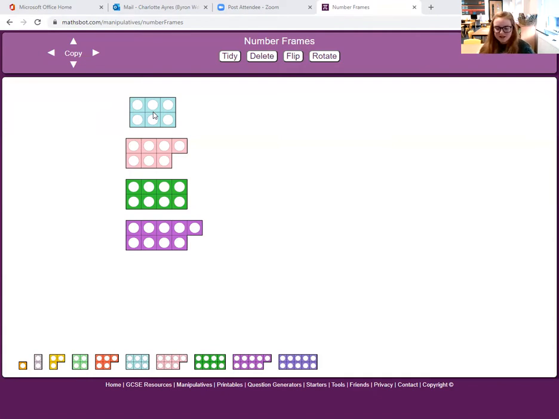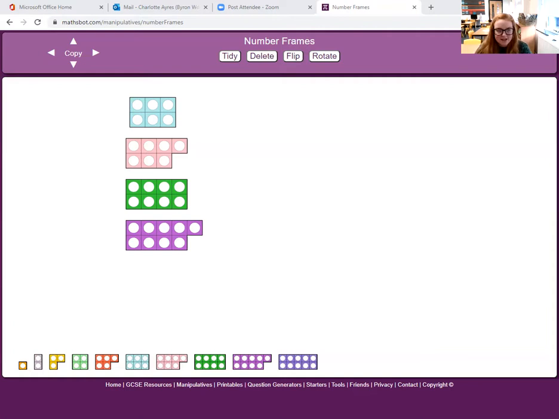Well, a pattern is something that has a core and that can repeat itself. So we're going to make one together to show you. So I'm going to make a pattern using a square, a triangle, and a square. So this is the core of my pattern. It is a square, a triangle, and a square. So I'm going to then repeat this core